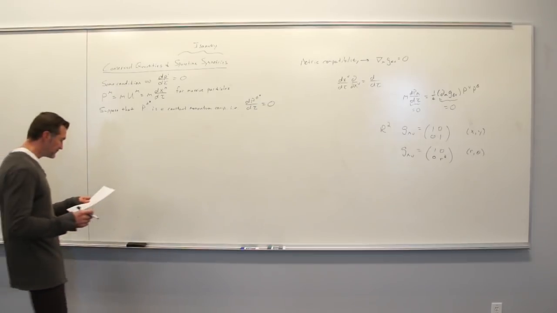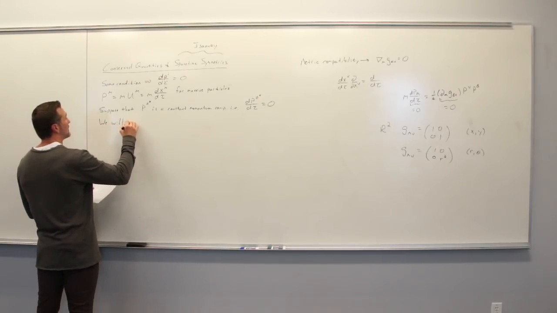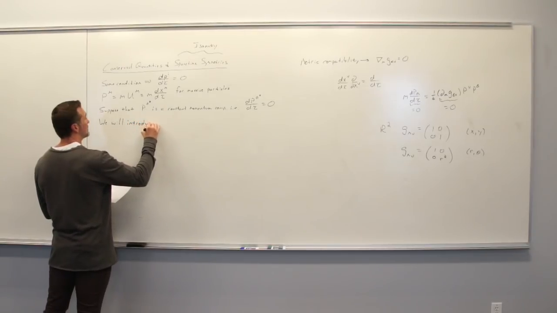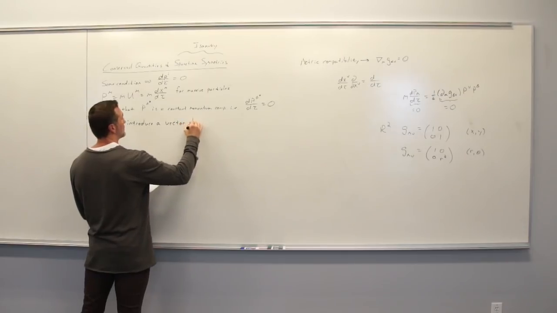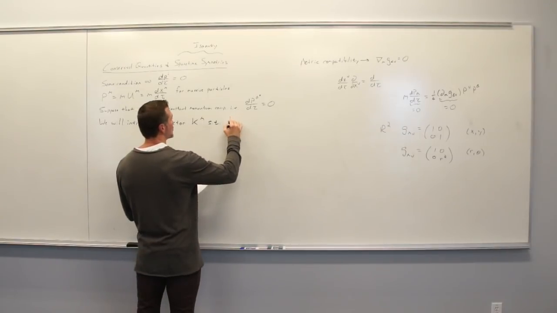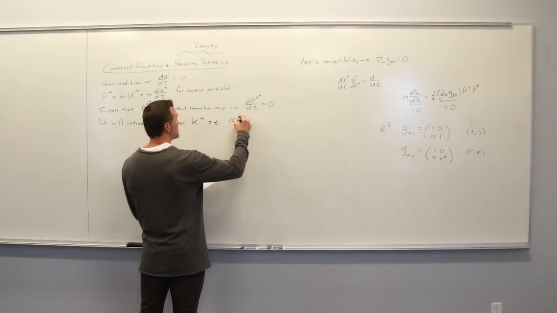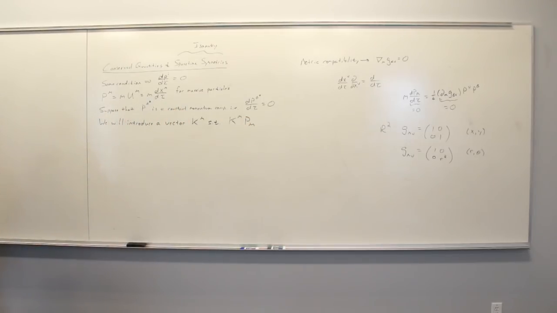Okay, now what we're going to do is introduce a vector k mu such that if I contract k mu with an arbitrary dual momentum p lower mu,